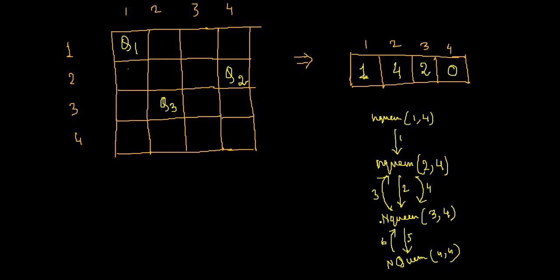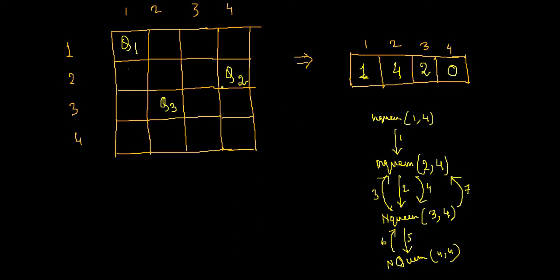As soon as the for loop of queen 3, 4 breaks, what will happen? Again 3, 4 will return to the function where it was called last time. It was called last time from queen 2, 4. So again it will return. And where will it return? It will return to here where it was called. Now from where it was called, basically queen 2, 4